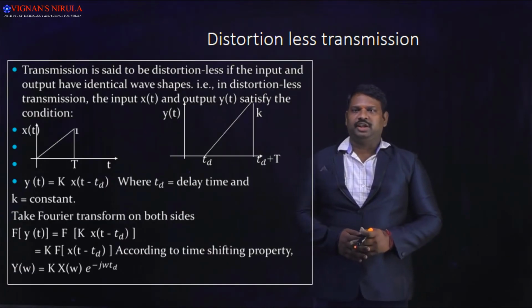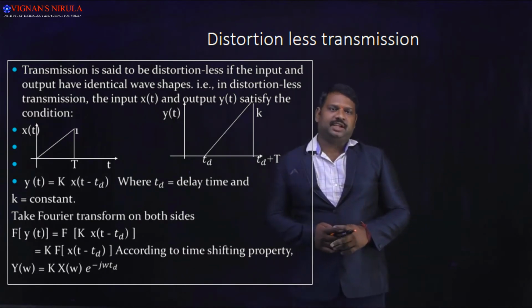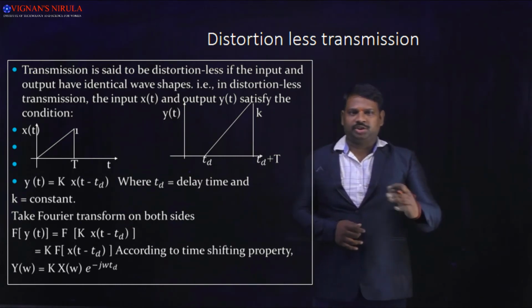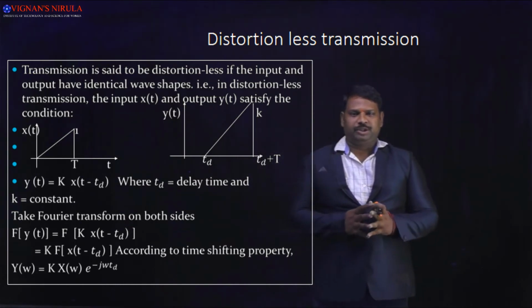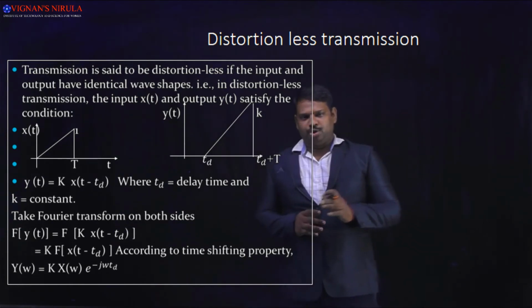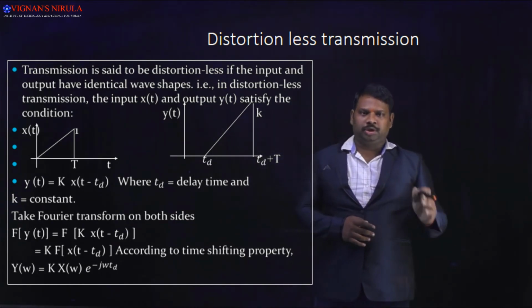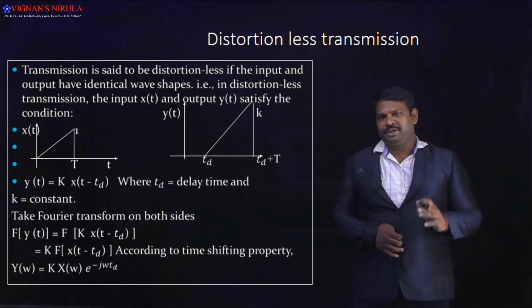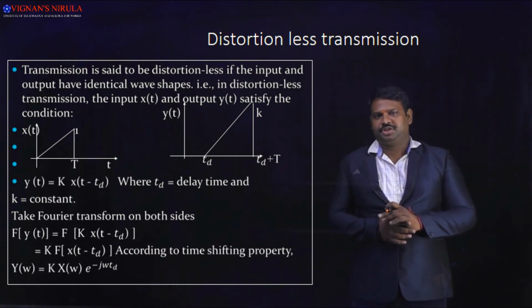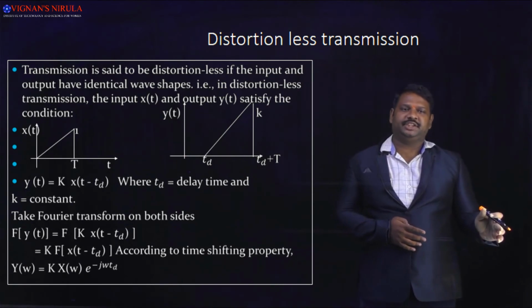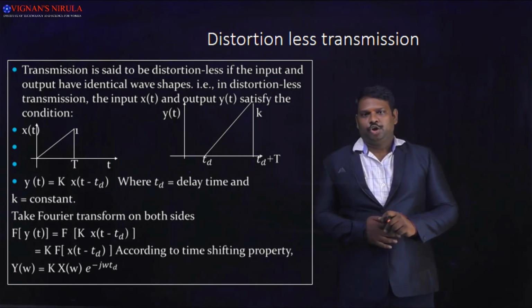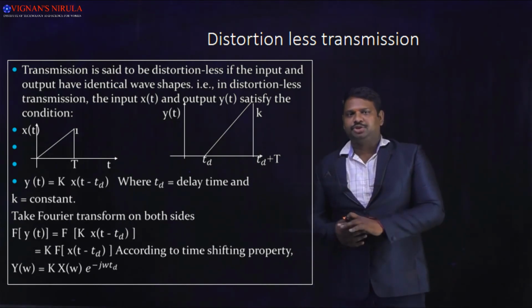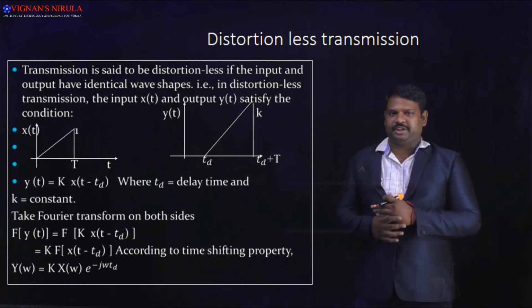Next one is distortionless transmission. Basically, distortionless transmission is when the system does not undergo any type of distortion in its output. Now, what do we need to know about distortion? The shape of the signal cannot be changed, while the amplitude and the shifting of the signal can change. If the shape of the signal is changed, then distortion is said to have occurred. If the shape is not changed, then distortion is not present in our output.